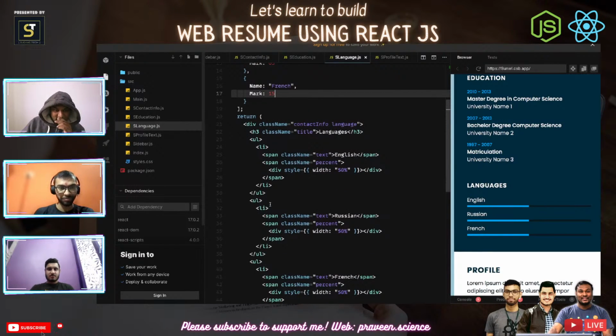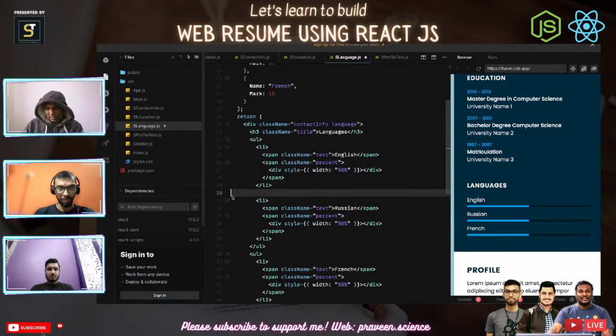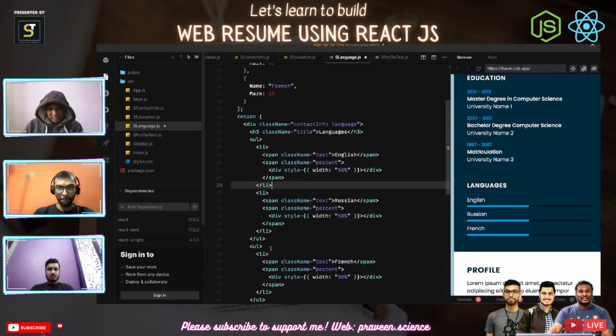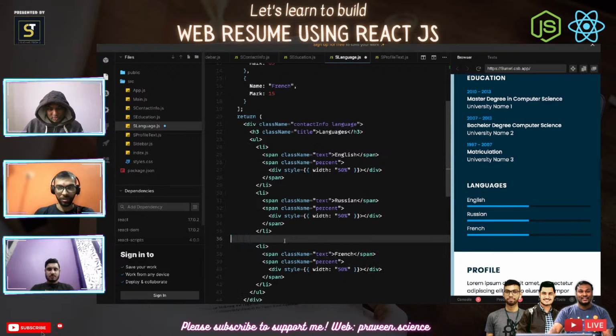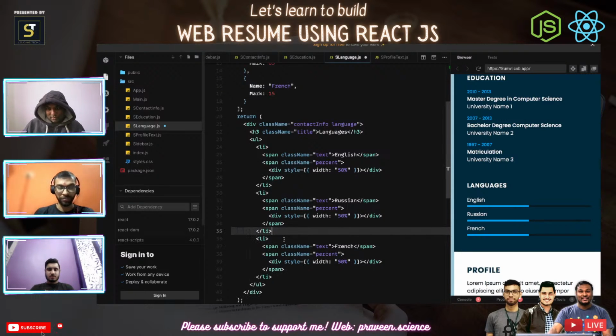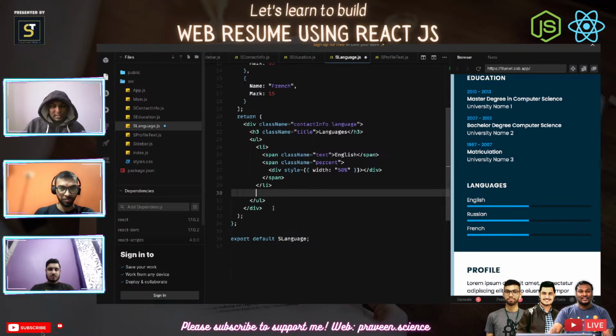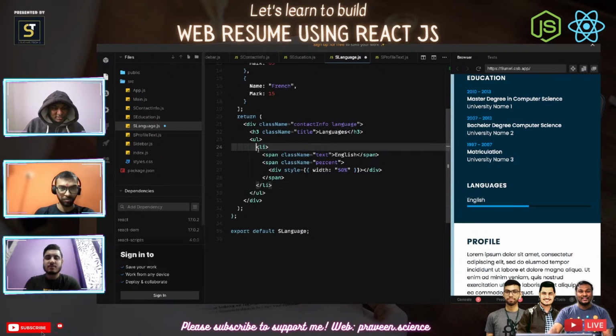Oh, look at this. These people have done LI, UL, LI. Why are they doing it this way? What will happen if I remove this one? Nothing happens, just some extra unusual stuff. So it looks like these people have made some mistakes as well. That might be mitigated when you're doing something like React. So now what we are going to do is